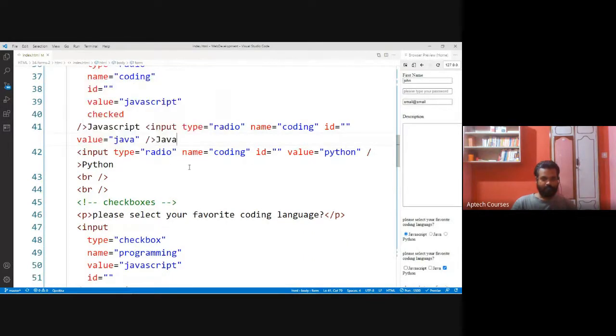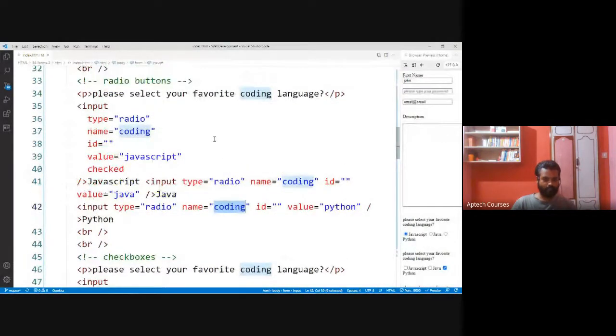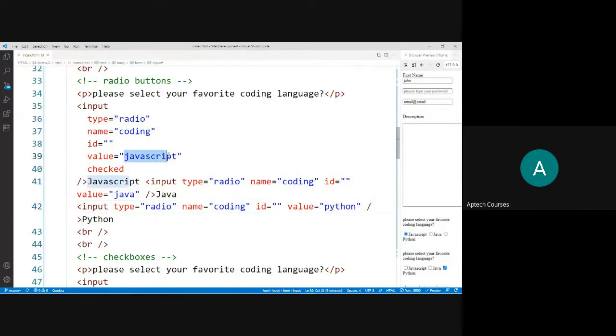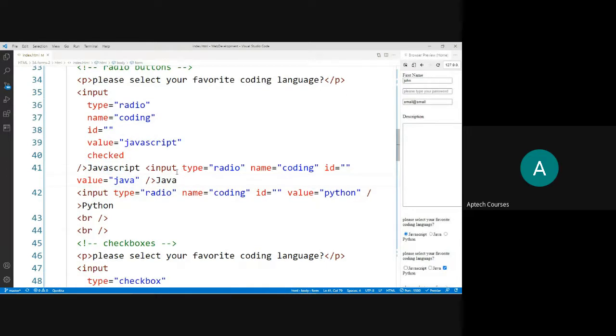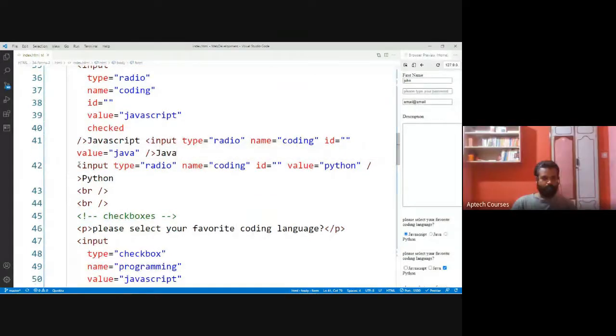Now input type radio, name is coding. Now two input radio buttons come under one group. One is JavaScript, another one is Java, and Python also.